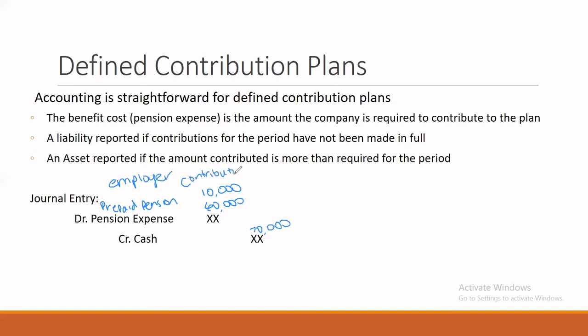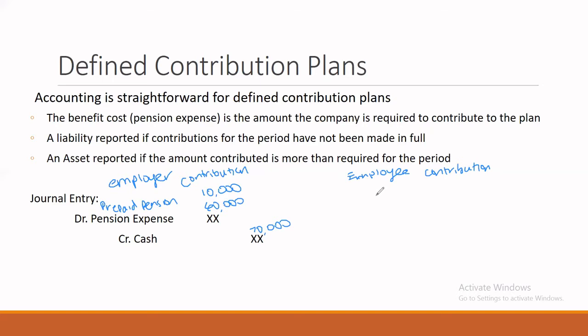If the plan was a contributory pension plan, which means both the employer and the employee contribute to the plan, then you would have to do a journal entry to show the employee portion contributing to the plan as well. So for the employee, it's going to come out of their salary. So if the employee was contributing as well, employee contribution, what we would have here is in your salaries expense